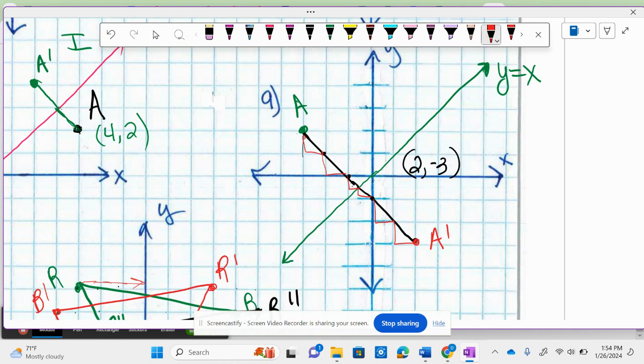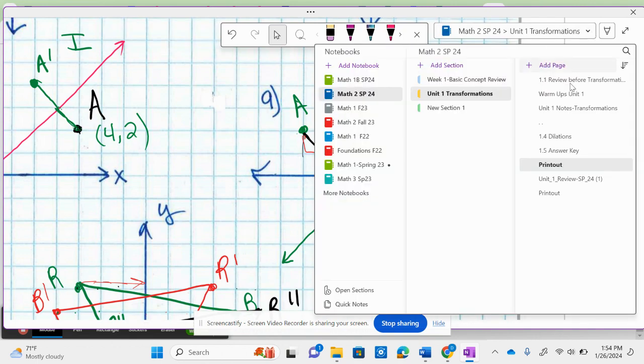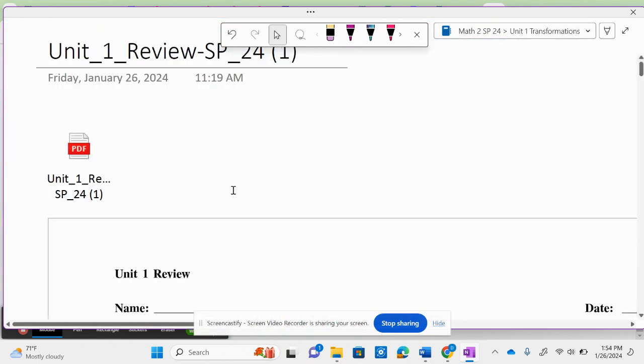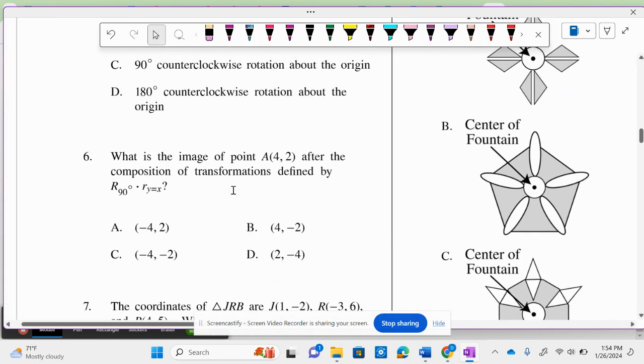But it doesn't even ask about that. What quadrant is it lying in? It's quadrant 4. So you have to know how to draw the line y equals x for that. Number 10, you don't have to do any kind of graphing at all. So I'm going to jump over to that page really fast. Number 10 is just asking you about